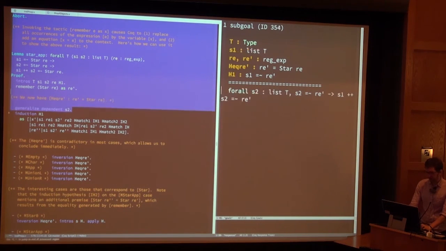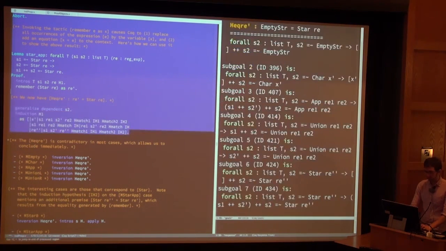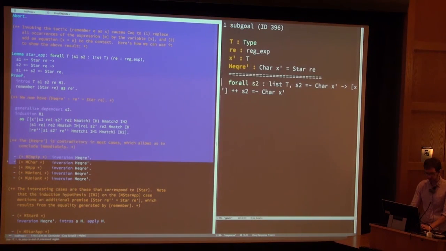We're going to call generalize dependent to stuff some things back in the goal, so we have a sufficiently general inductive hypothesis. And now we're going to do induction over this more completely general match proposition, where there's no extra information encoded in the values that we're making a judgment on. So now when we do induction, okay, this case is not so interesting. But now, note that here in the mchar case, which is precisely where we got stuck, we have this extra assumption that character of x is equal to star of